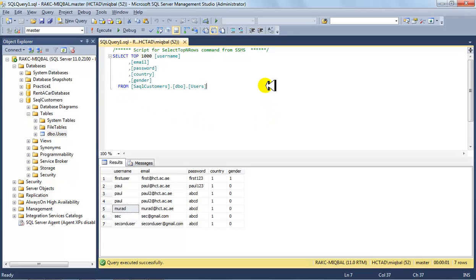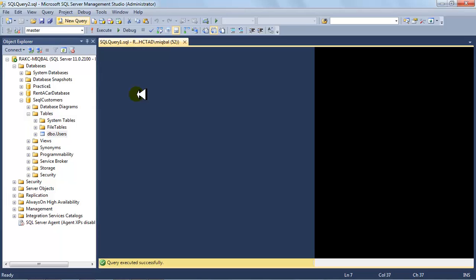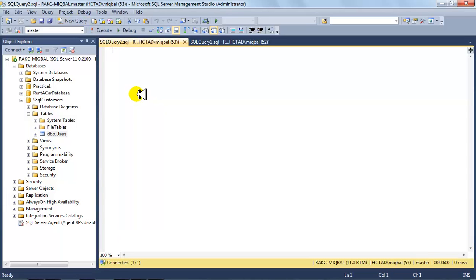What is that query doing? It is selecting from my table a username and password. If it matches, it should return something. It should return 1. If it does not match, then it should not return 1, or it should return 0. So let's create a new query, and I will say select count asterisk. This is for counting. How many? Select count asterisk from